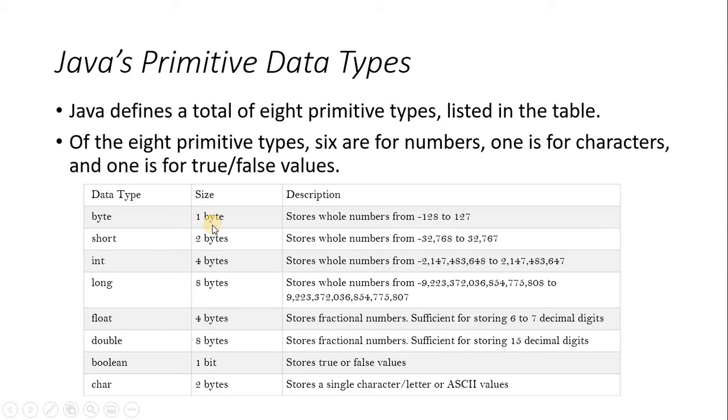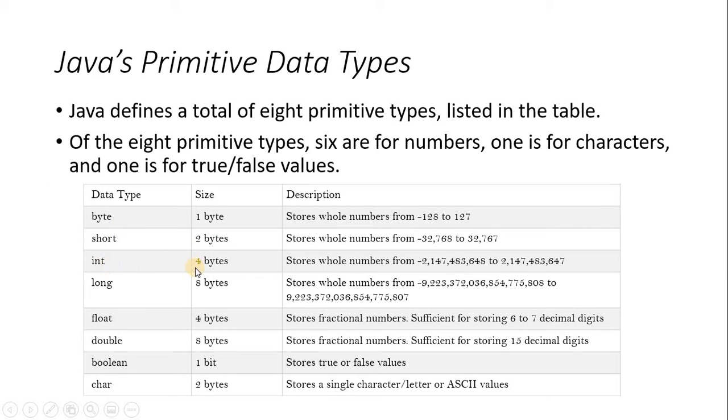If the number is a little bigger than that, so 2 byte. If the number that we are going to assign is a 2 byte number, we can assign short. Short range is from minus 32,768 to plus 32,767, numbers within this range. A 2 byte number, or we can say 16 bit, 2 times 8, 16 bit number, means we can assign short.